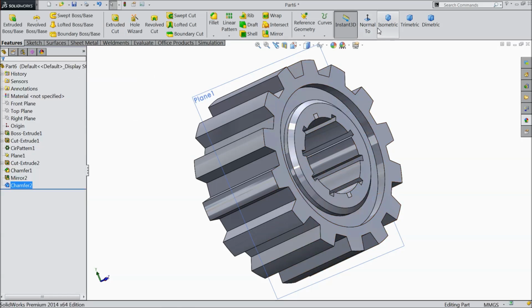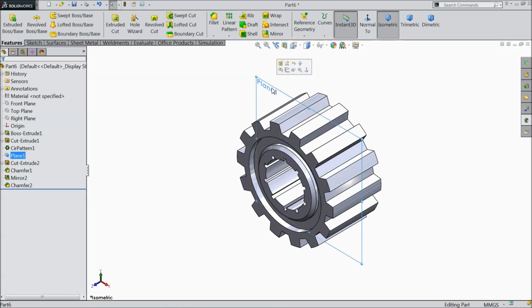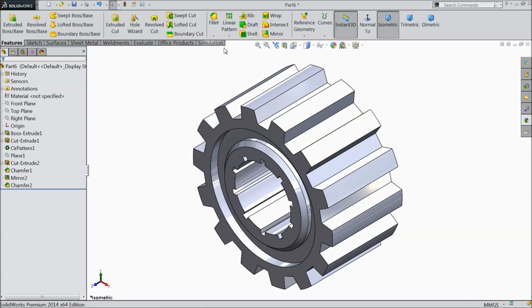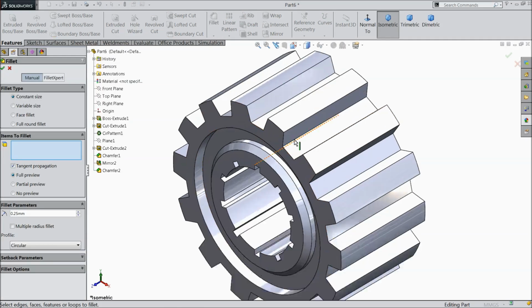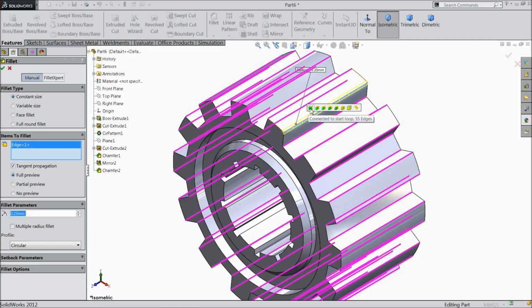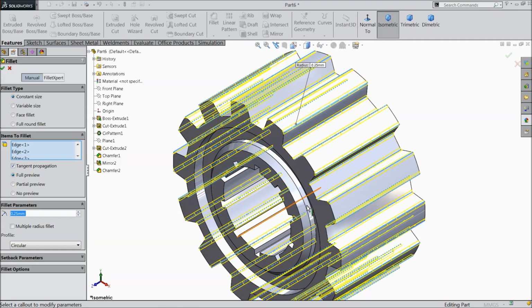Okay, now hide this plane, choose fillet, 0.25 mm and select this edge. Now see here, connect to start loop 55 edges. Okay, now all the edges selected. This is very important command, it saves your lot of time, so make sure. Okay,